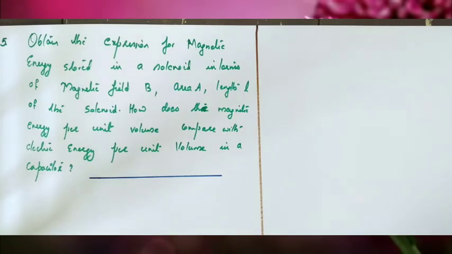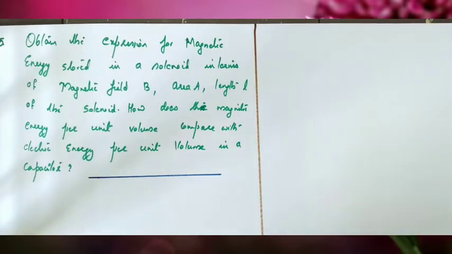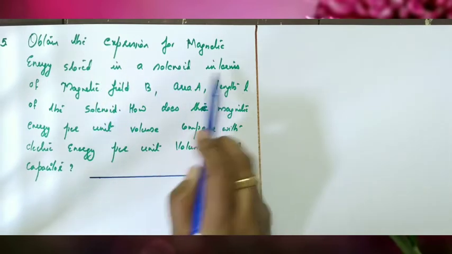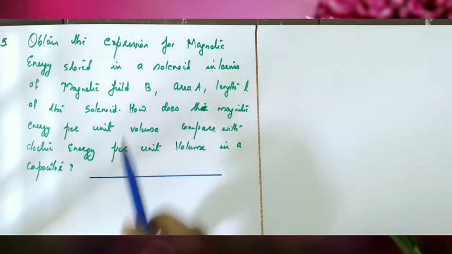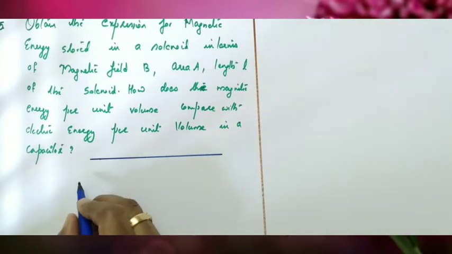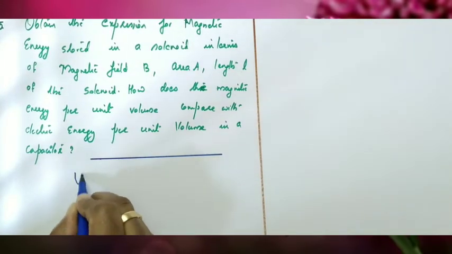Obtain the expression for magnetic energy stored in a solenoid in terms of magnetic field, area, length of the solenoid. How does the magnetic energy per unit volume compare with the electric energy per unit volume in a capacitor? So we have to derive the formula for magnetic energy stored in a solenoid in terms of magnetic field, area and length. We know the energy stored in a solenoid, the magnetic energy stored in a solenoid is given by